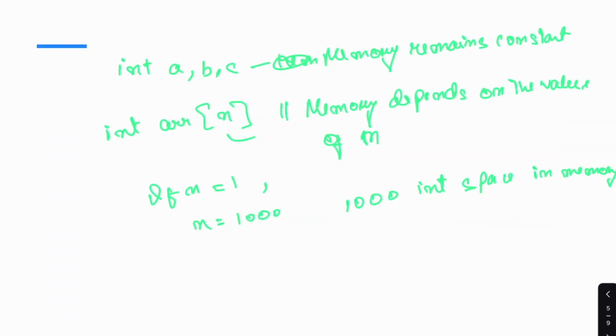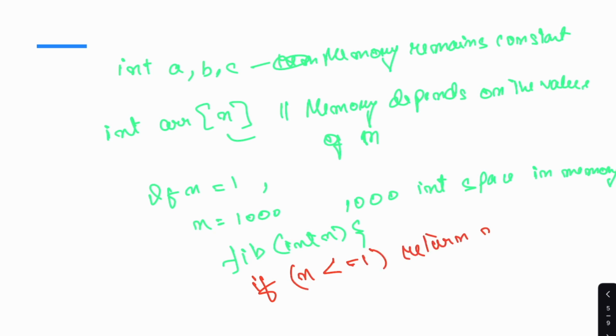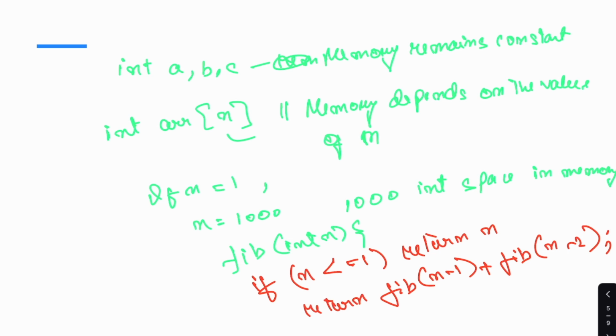So consider the Fibonacci series, you know, right? Fib of integer n. If n is less than or equal to 1, then return n. Otherwise return fib of n minus 1 plus fib of n minus 2. So this is the recursive call, meaning calling the function itself. This function keeps stacking the function calls, which can lead to stack overflow if n is too